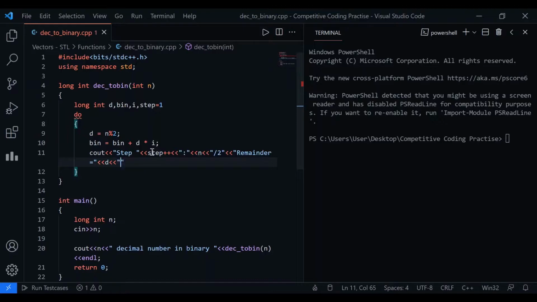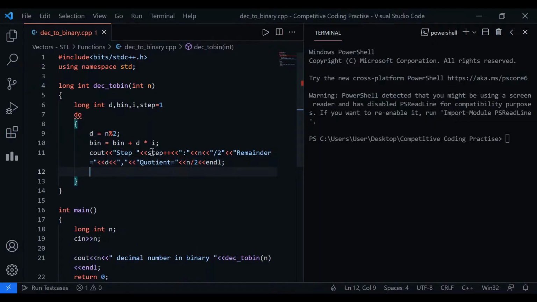Then I'll be putting a comma, and then I'll be displaying the quotient. So I'll be displaying the iteration steps through this method. Quotient is equal to n by 2, and endl.